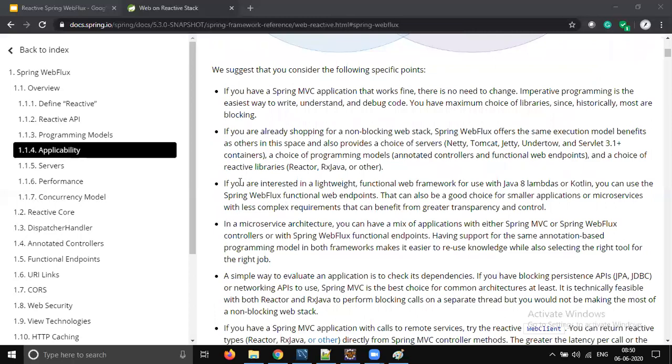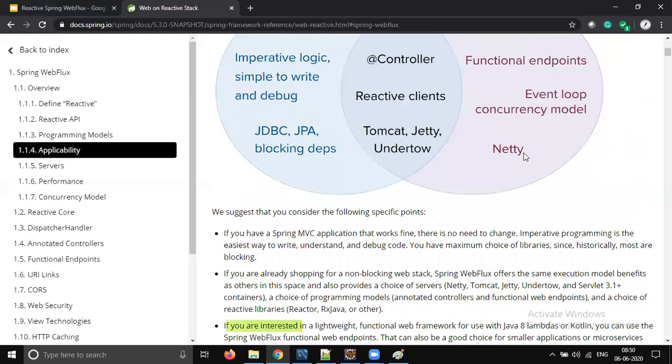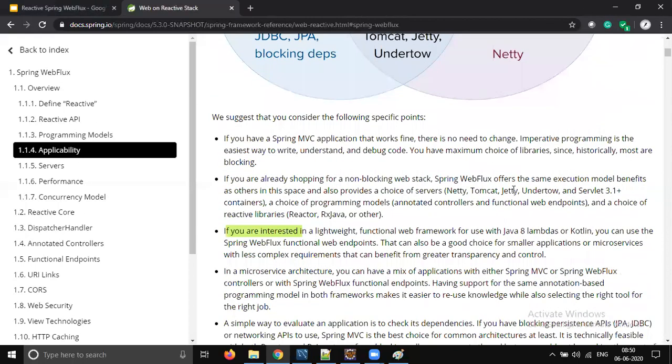But there is one case where you are interested in lightweight functional web programming. It's very important, because there is no servlet API, and with the default Spring Webflex, the server is native. It's a pure lightweight, open source framework, with Java 8 lambdas and functional programming, or Kotlin.